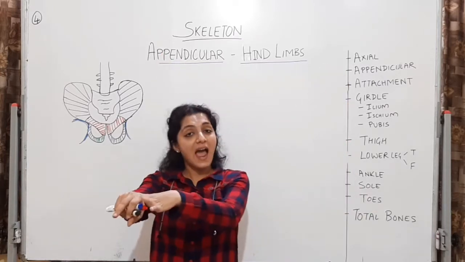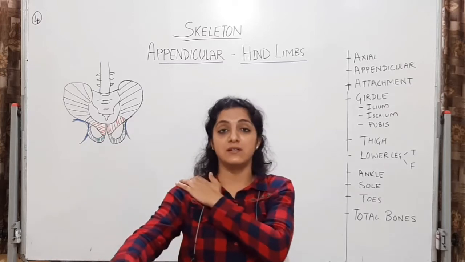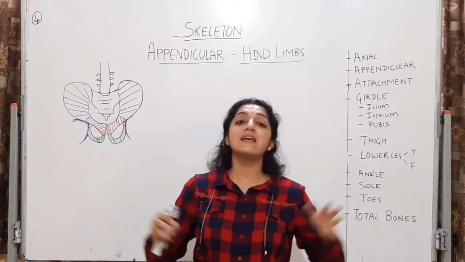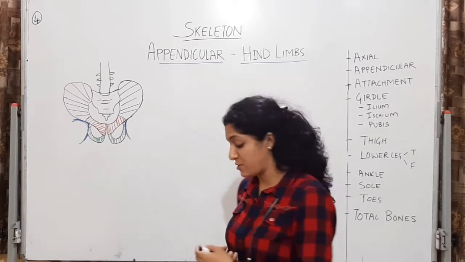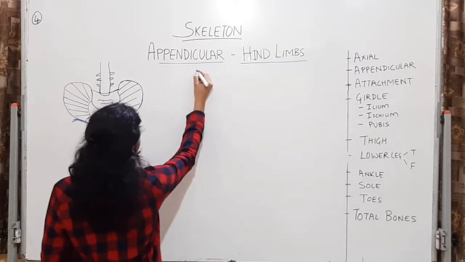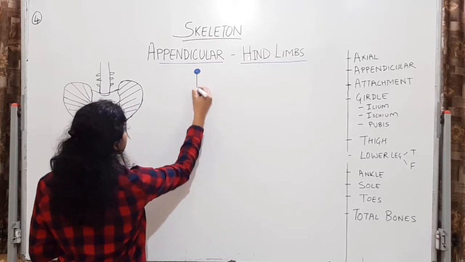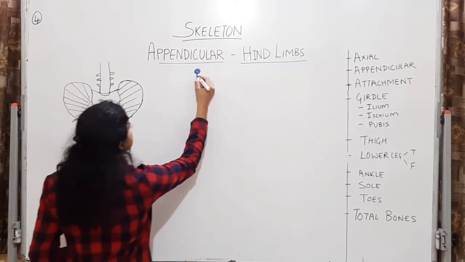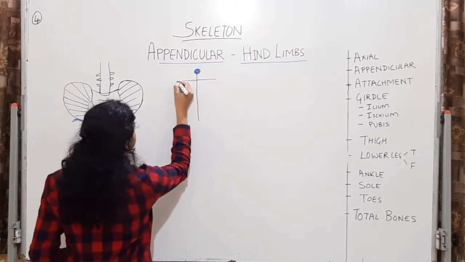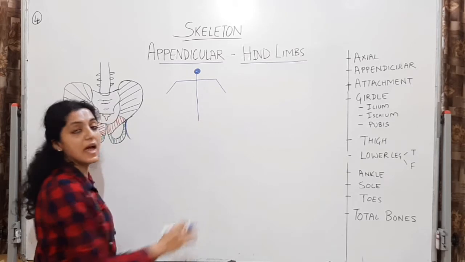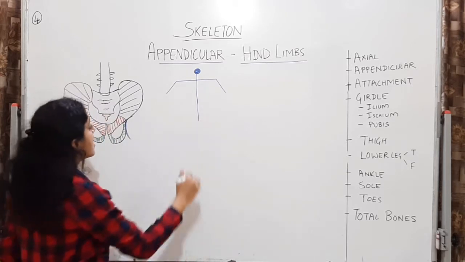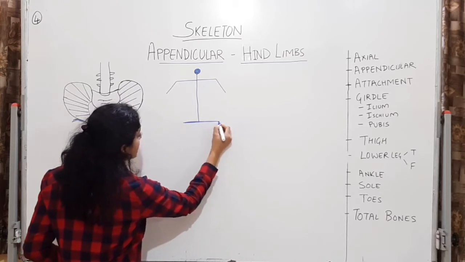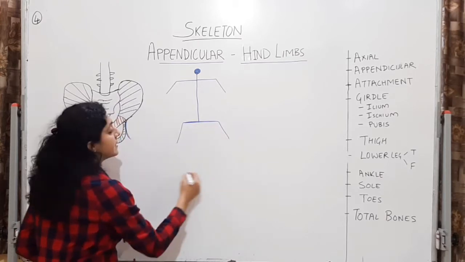Okay, so जैसे hands attached थे pectoral girdle से to the axial skeleton, that is the midline of the body, वैसे ही legs attached रहेंगे एक attachment apparatus से. So let us do it. हमने ये head से, this is the axial skeleton, that is the central midline of the body. We have seen this attachment apparatus which is joining the hands to this axial skeleton of the body. Now we are going to see the attachment apparatus at this hip region, which is going to join our legs